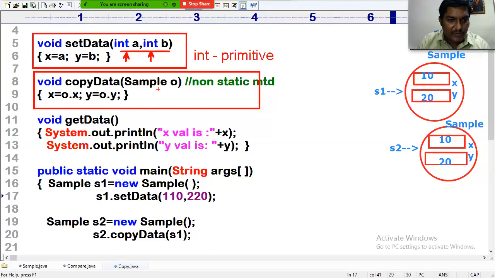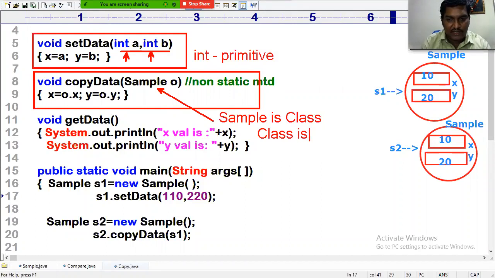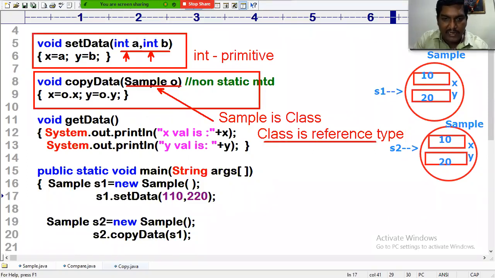An argument of Sample type. But Sample is a class, and a class is a reference type. Now you tell me, is this a method with reference type? And this is a method with the primitive type.